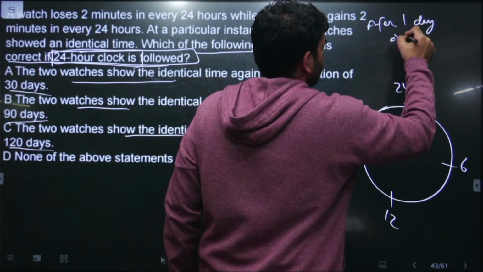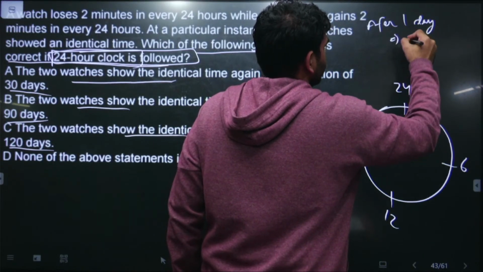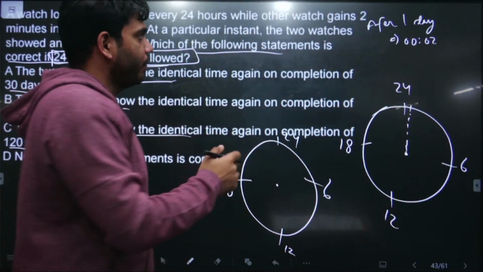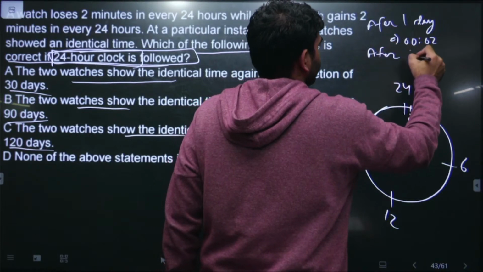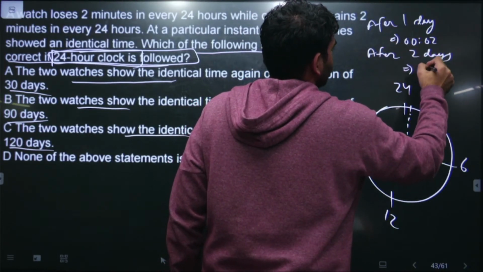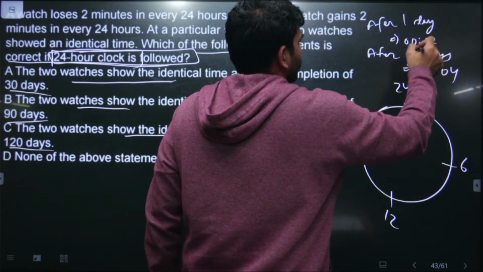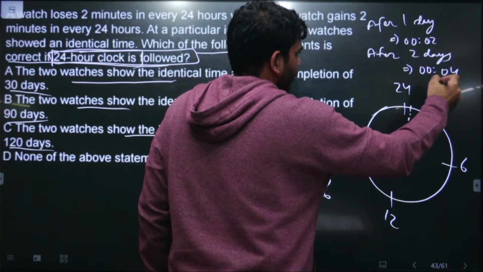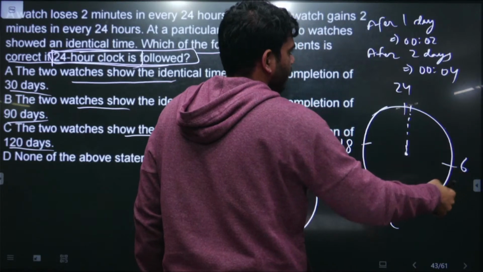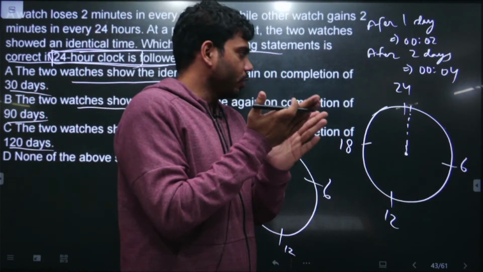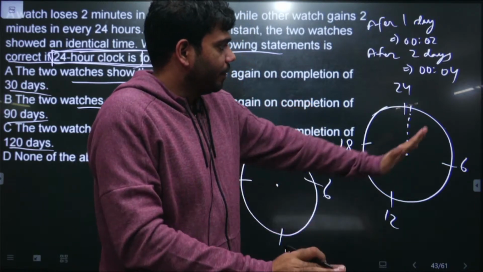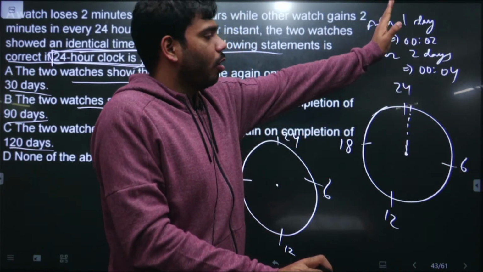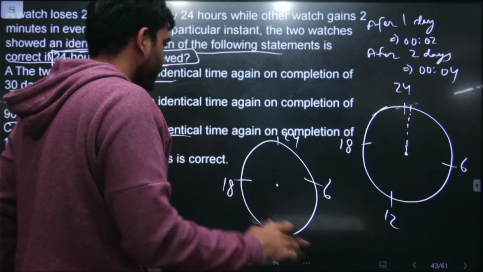The first clock will be showing a time of 00:02, meaning 2 minutes, right? And after the end of the second day, it will be showing 00:04. It is 2 minutes fast, so it will gain 2 minutes every day. So eventually after some days it will be showing 1 hour, 2 hours, 3 hours. When exactly midnight has come, this clock will be showing 3 o'clock, 4 o'clock, 8 o'clock, 9 o'clock, because this clock is gaining 2 minutes every day. And this clock,